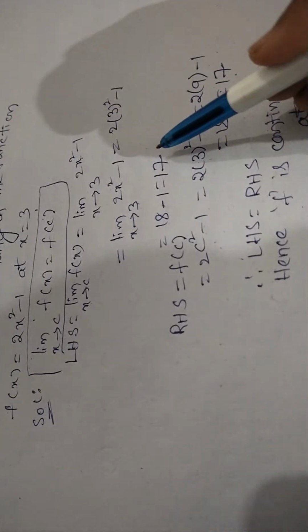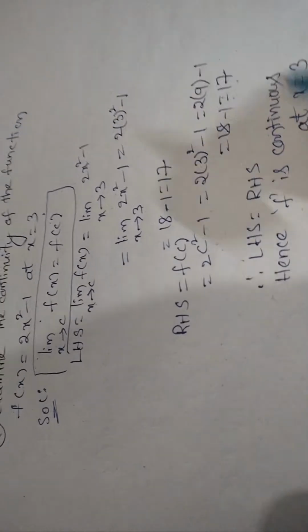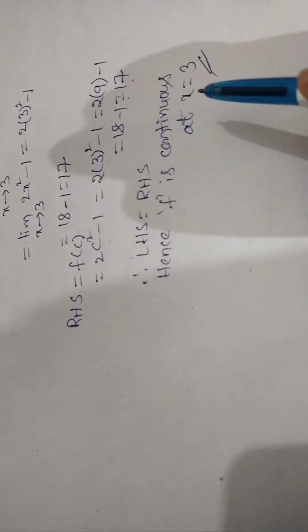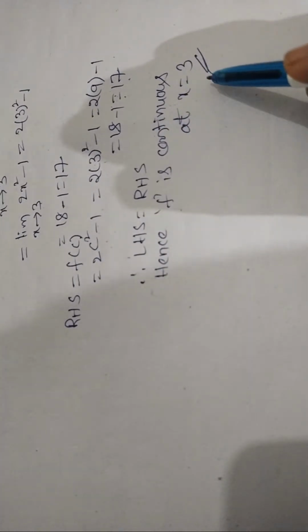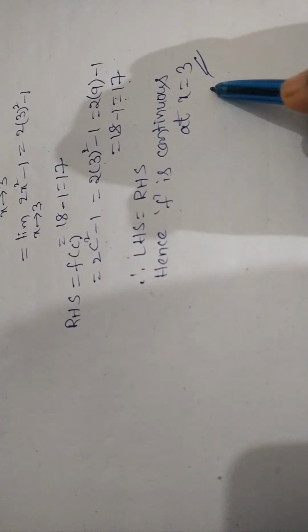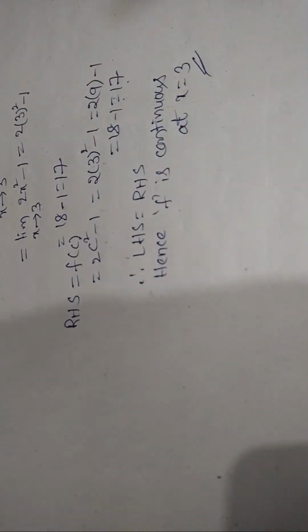Therefore, we get same values for LHS and RHS. Therefore, LHS is equal to RHS. Hence, f is continuous at x equals to 3. I hope you are understanding. Then we go for the third problem. The third question is,